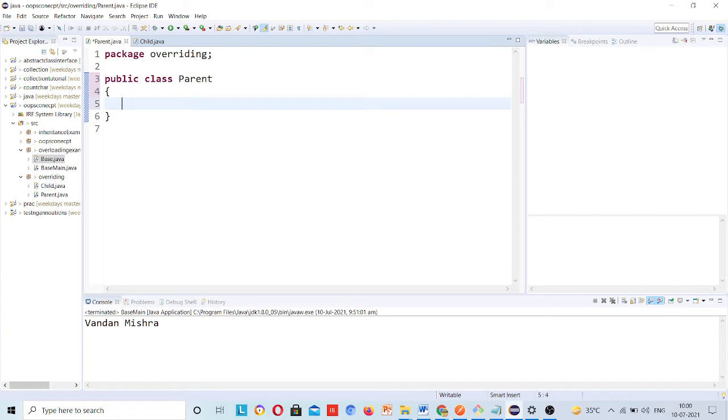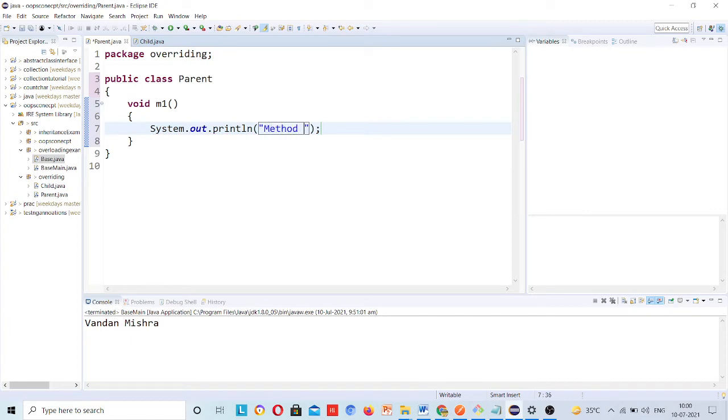So here the parent class has one method, m1. I am writing just one line of code inside this method, just to make you understand the concept.